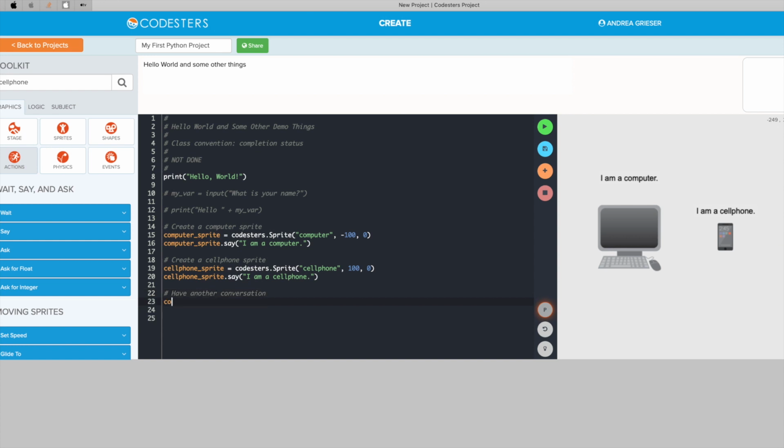If I want the computer sprite to say something, I can say, okay, that's the sprite that I want to talk next. How do you do? And then maybe I want the cell phone sprite to answer. Whoops. Right, so now if I run it,